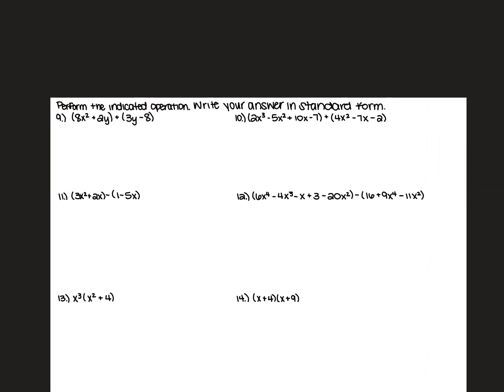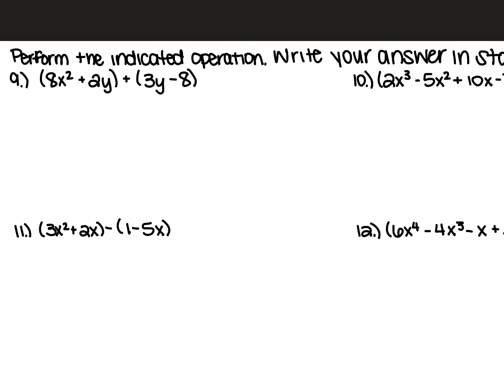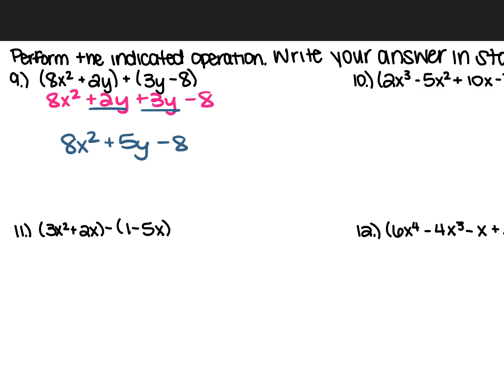If we look at the next part, we're just performing the indicated operation and writing our answer in standard form. So for number 9, we have 8x squared plus 2y plus 3y minus 8. For this one, since there's addition between the two parentheses, we're going to just drop the parentheses and combine like terms. So we're going to have 8x squared plus 2y plus 3y minus 8. Your like terms here are the 2y and the 3y. So that 8x squared is just going to drop down. 2 plus 3 gives us 5. We keep the y attached to it, and we drop down that negative 8 to give us 8x squared plus